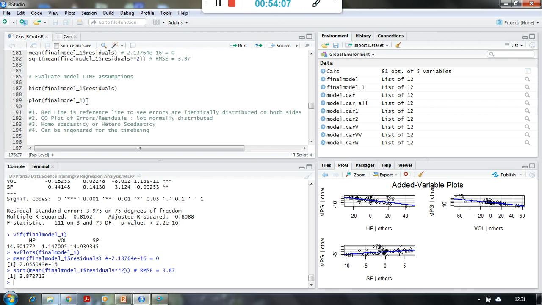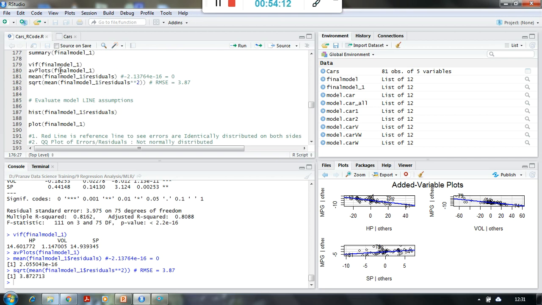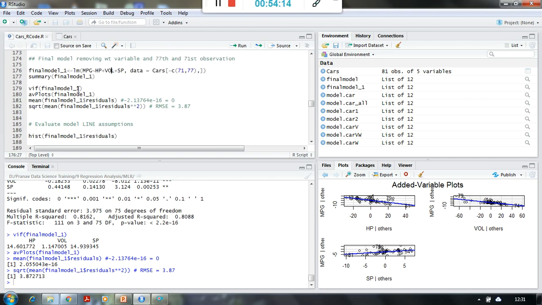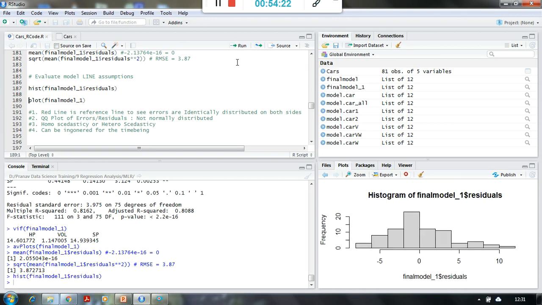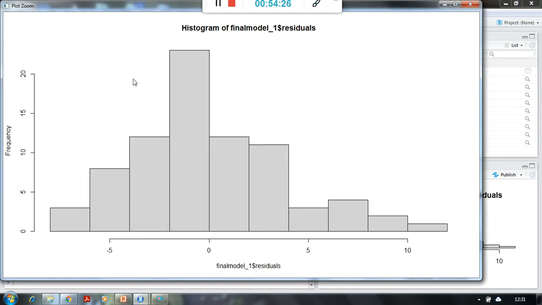which means this becomes a better final model than the earlier one, right? Okay, so now let us evaluate this final model, which is final model _1, with the line assumptions, which means my errors have to be normally distributed. Yes, they are normally distributed. You can see over here the distribution of the errors, except these two blocks. If they are not there and some part of this, then it is almost a normal distribution which I have got for the errors.